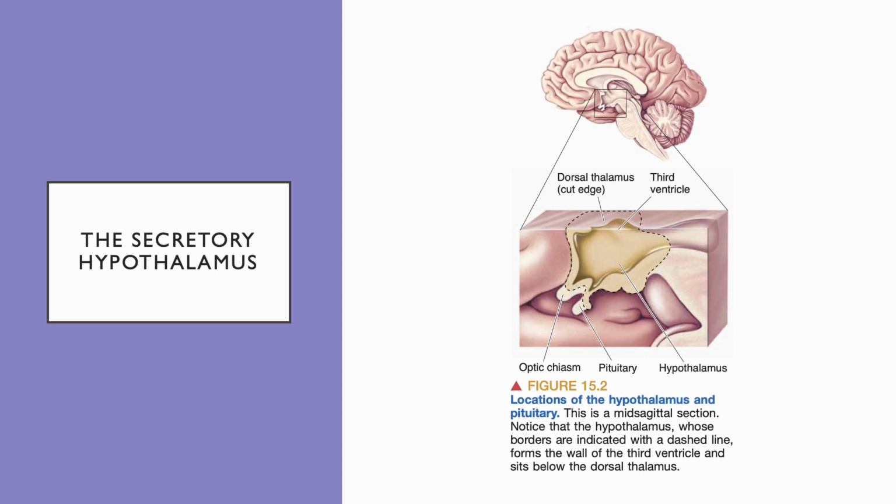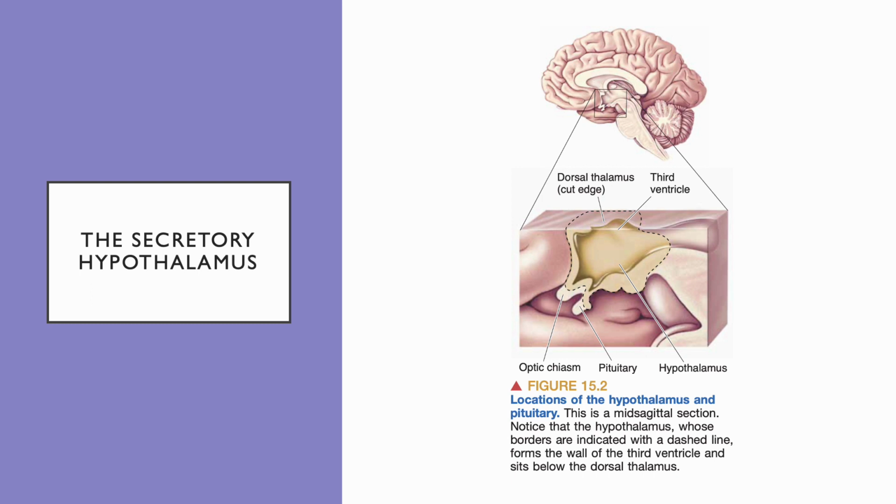So originally it was assumed that the peripheral glands of the body, like the pancreas, the adrenal medulla, and the ovaries, simply knew what to do on their own in order to secrete hormones. However, new evidence has brought light to the secretory hypothalamus, and it turns out that the hypothalamus is kind of like the captain of the endocrine system, and it's responsible for commanding these other areas of the body to produce